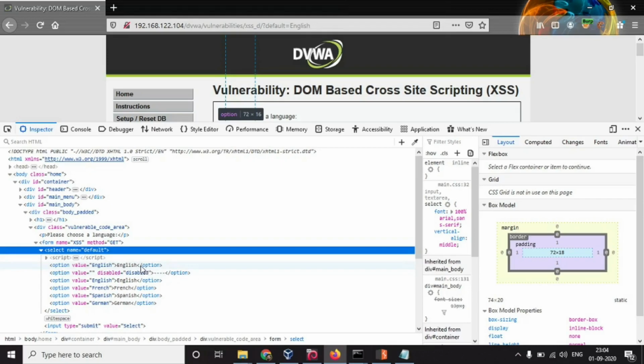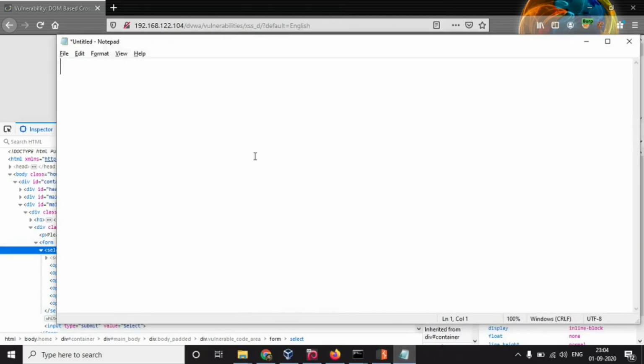For this, I will first have to close this option tag, and then I will have to close the select tag, and then my payload will be provided. So let's write a payload for it. Close the option tag, close the select tag, and then I'll provide my payload.